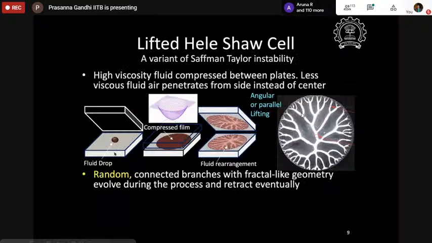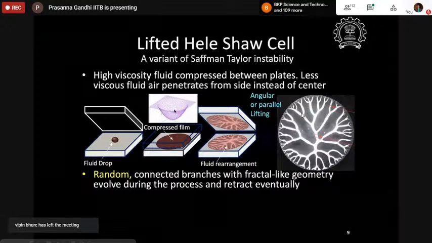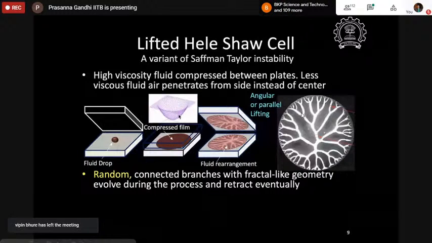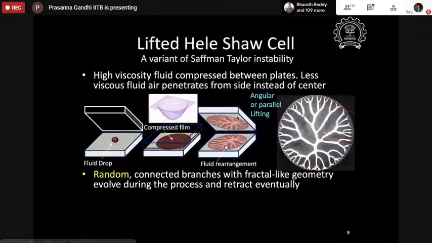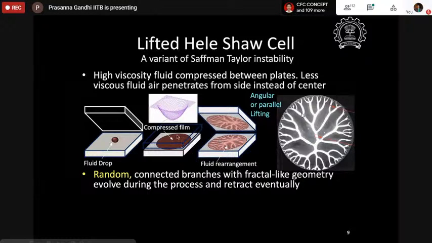You take a fluid drop, as we have seen in the video, then you compress it into the form of a film. Once this film is formed, you get some kind of pressure distribution inside the film. The pressure will be maximum in the middle, and it will slowly taper down towards the end in a parabolic way. And then you separate these plates out. This is the angular separation that you can see here. And when you do this process, what you are left